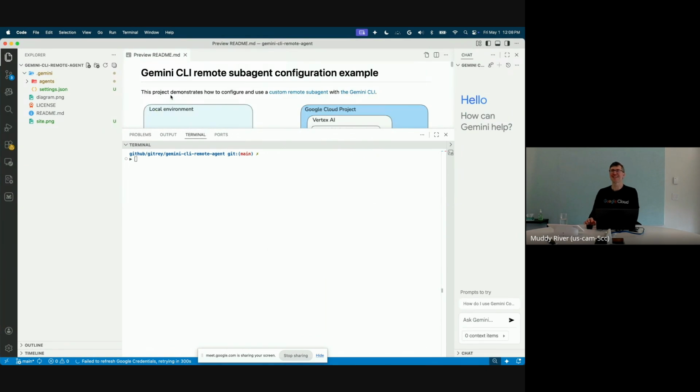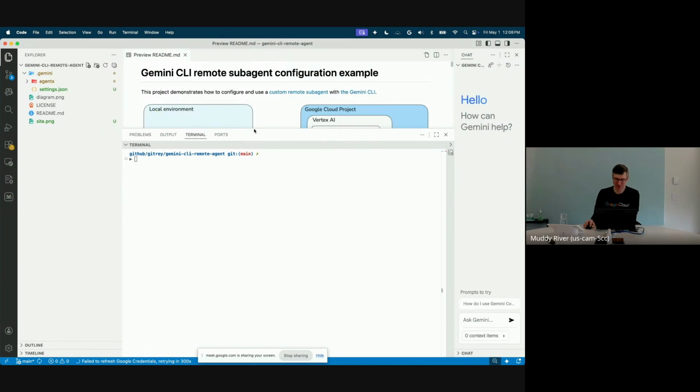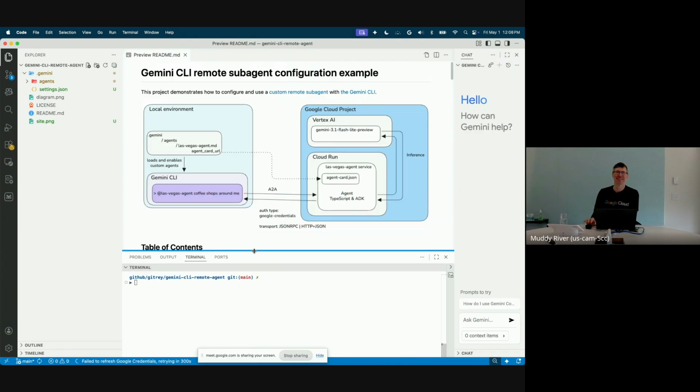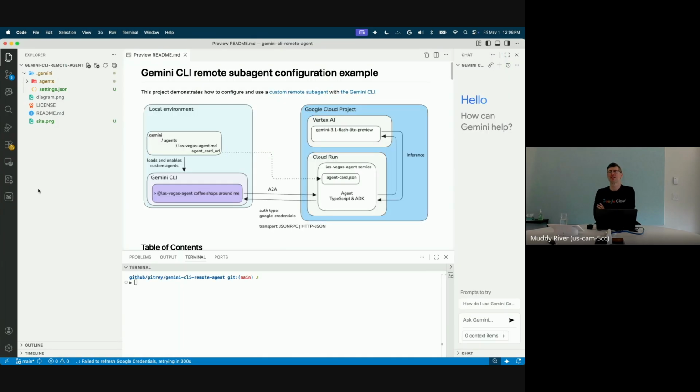I'm not going to show any decks. We're just going to be inside VS Code, running the Gemini CLI. I also have Gemini Code Assist open, so if any questions come up there, we can talk about that as well. But basically, this session is